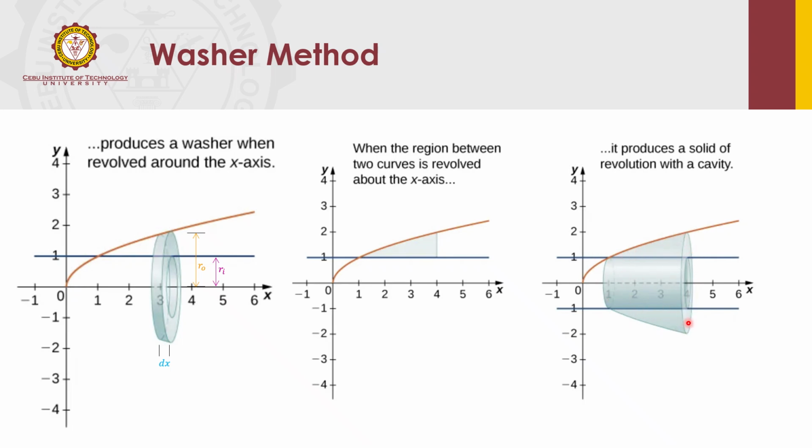To solve for the volume, we add all those thin slices' volumes, and we get pi times the square of the outer radius minus the square of the inner radius. This is basically the volume of a circular disc minus the volume of another circular disc. The smaller circular disc is cut from the bigger one, so that's why it's the difference between the two, and the common factor is pi.